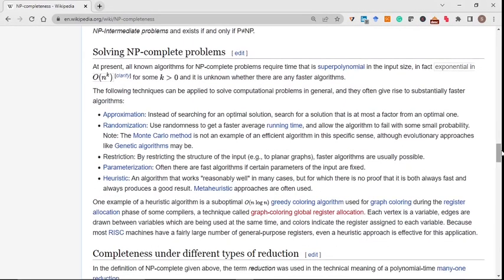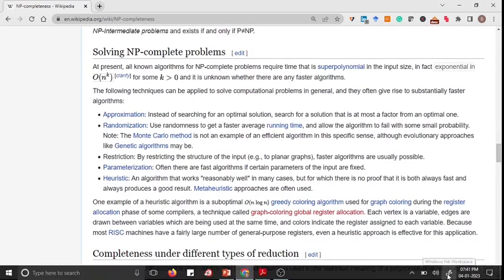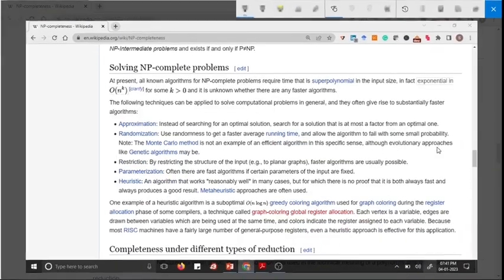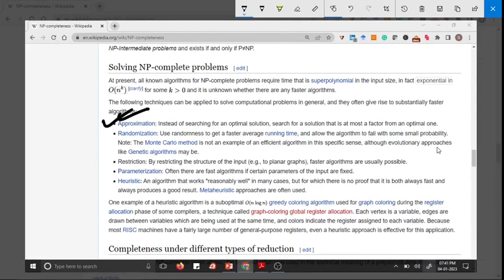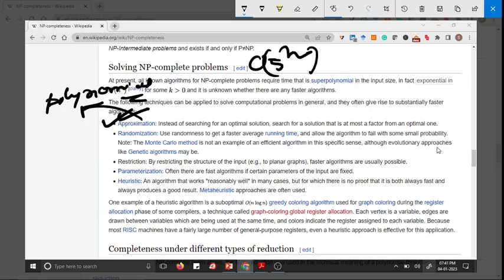What will we do to deal with these problems? As I said, the first thing is that we can approximate it. Approximate in which time? In polynomial time. That means let's say some algorithm is given with 5 to the power n time complexity for problem X. Just for imaginary purposes we are saying.